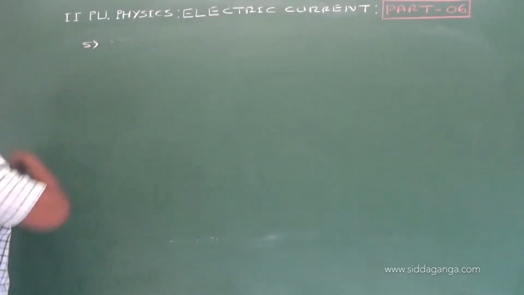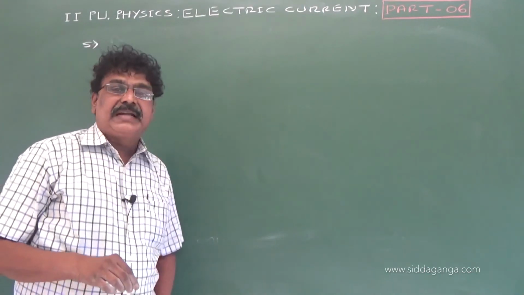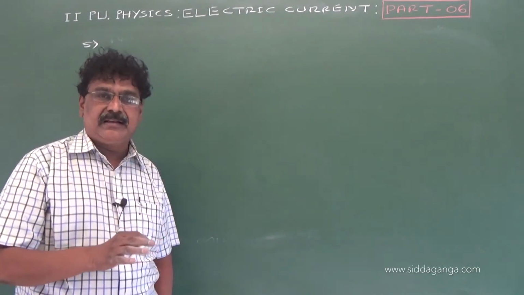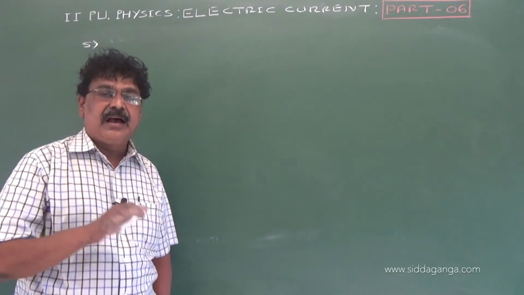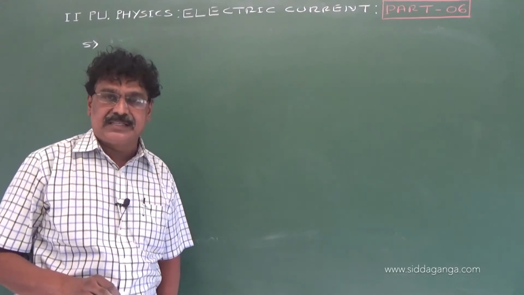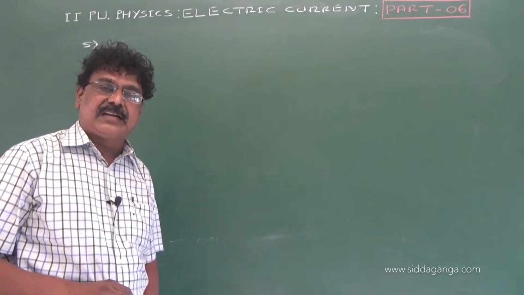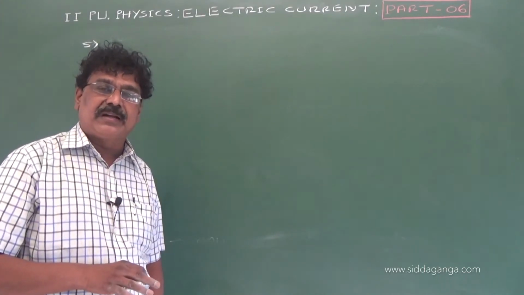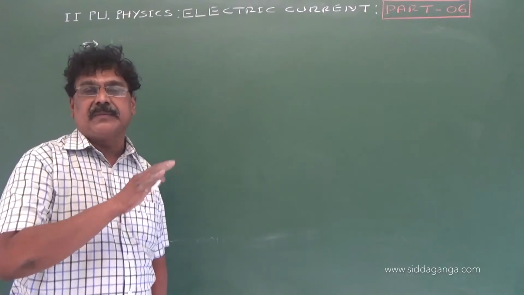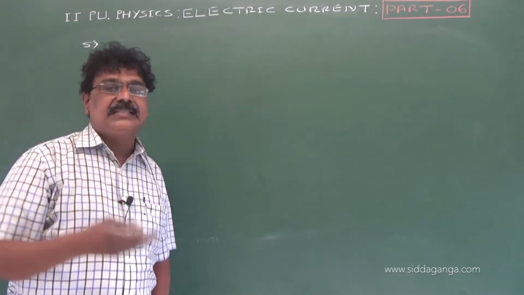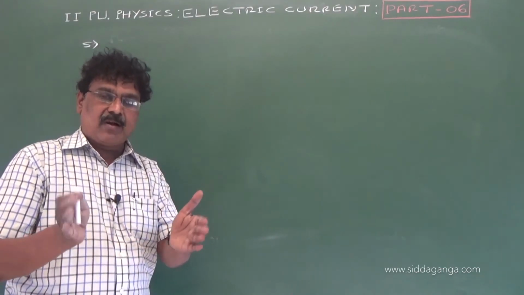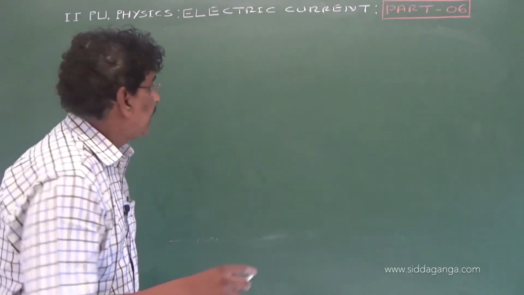So generally, we use metal alloys like nichrome, manganin, constantan as a resistance wire or resistance coil. It is because the resistivity of an alloy is more than the resistivity of the pure metal or the constituent of the material. So if the resistivity is high, we can use less length, so that it can occupy a small space in a device. Therefore,